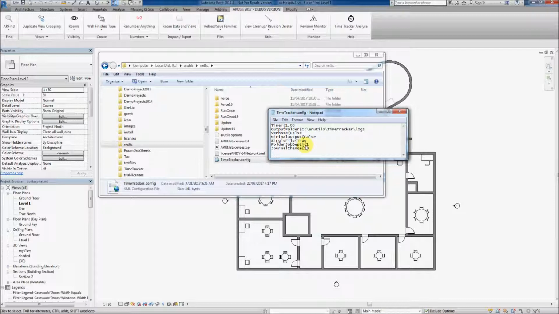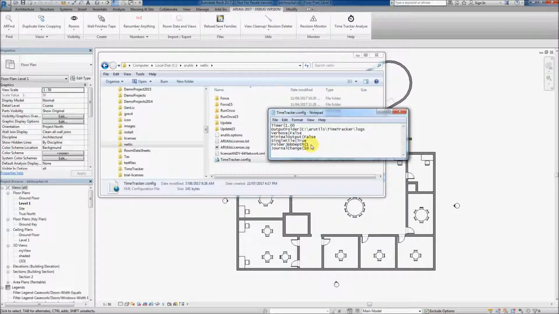So by setting this to the appropriate level, it'll pick up on that job number and put it into that project number field, and that will take place if the Revit file doesn't actually have an assigned project number via